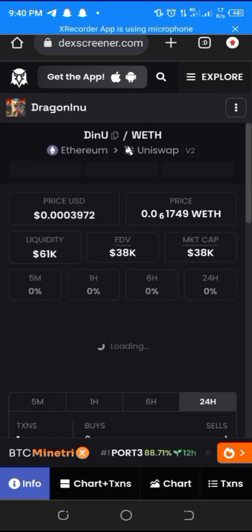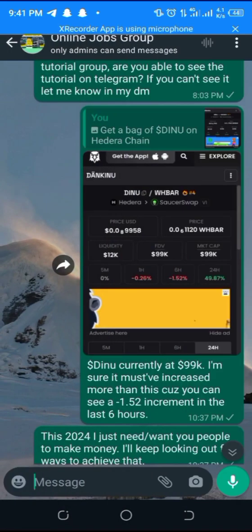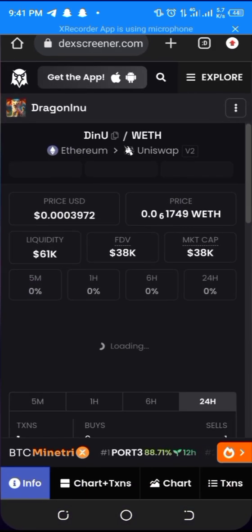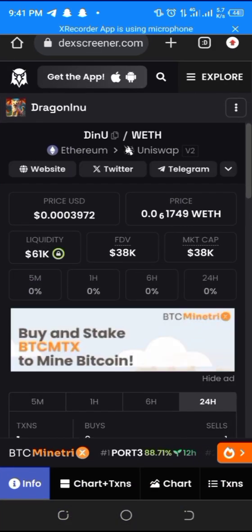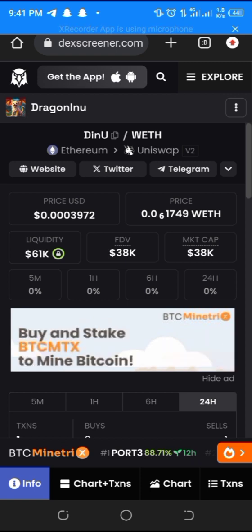Right, so you can see this one, it is Dino/WETH, and you can see the last U is a capital letter. But the one I dropped in the group, the DINU here is all in capital letters, and it is /WHBAR, not /Ethereum, not /WETH like this. That is how you first know that you've clicked on the wrong one, right? So that you won't go and buy the wrong one. Then the second way is,